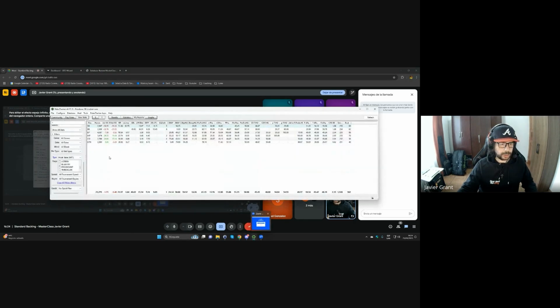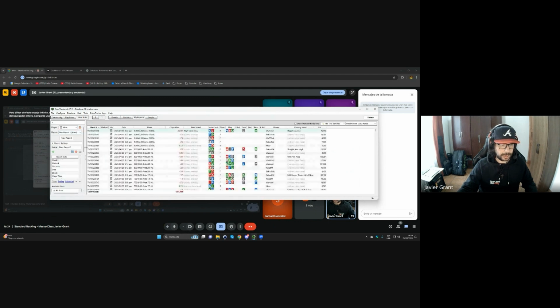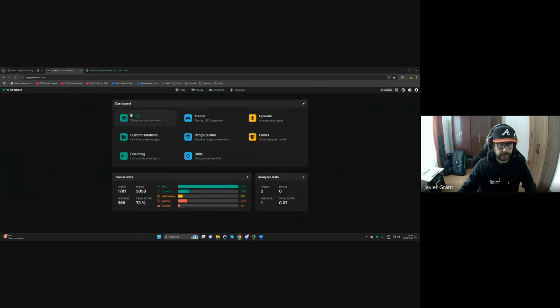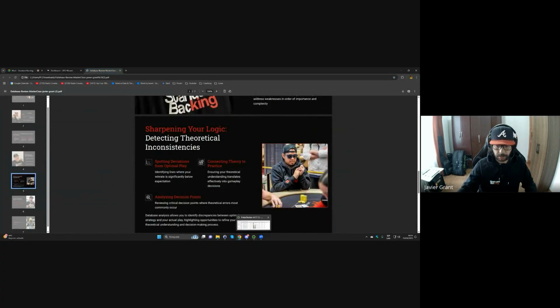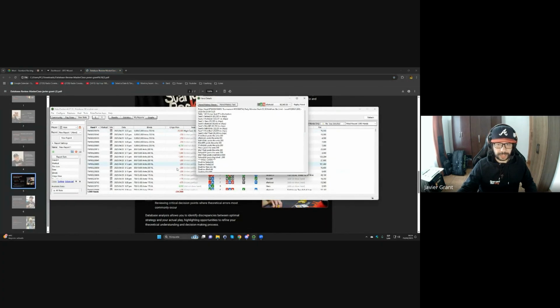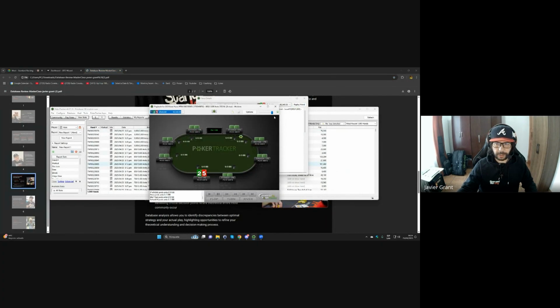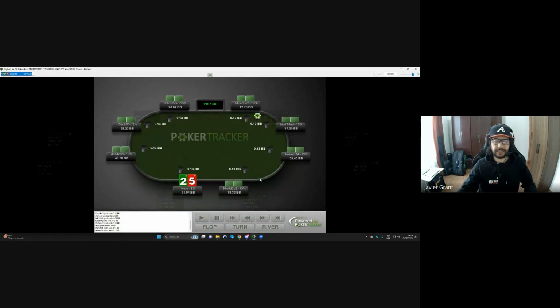If not, we're good. So we're going to do this first. We're just seeing a trend of the player, and we're going to use firstly the HUD. The HUD is the heads-up display when we play. This is the first thing I do when I'm reviewing a database: just basic data. This is the VPIP, how many hands he's playing. He's playing 22 and he's